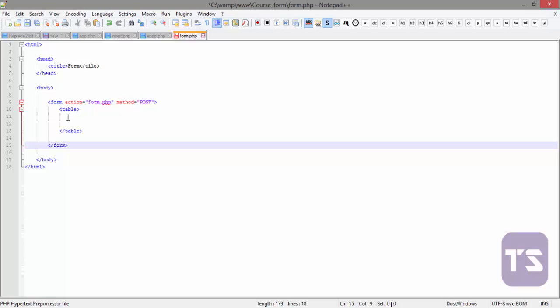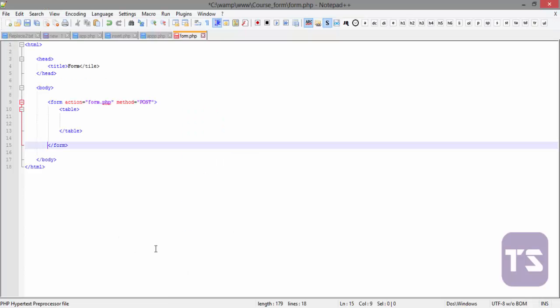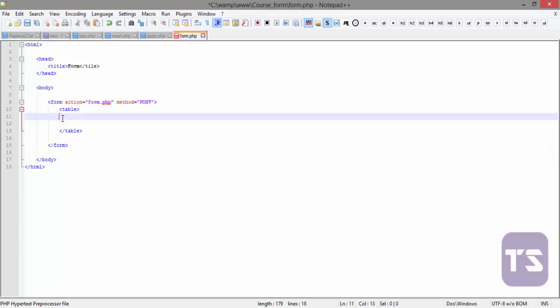So in our table, since we have, let's look at that, 1 2 3 4 5 6 7, we have 7 rows there. So we're going to create 7 rows of data. Okay, 8 plus the submit button, that makes it 8. So we'll quickly create 8 rows of data, and that's going to be tr for table rows. So quickly create our tr tag,